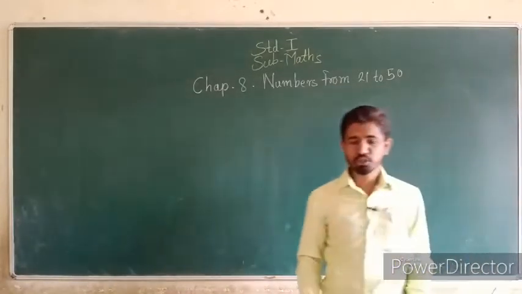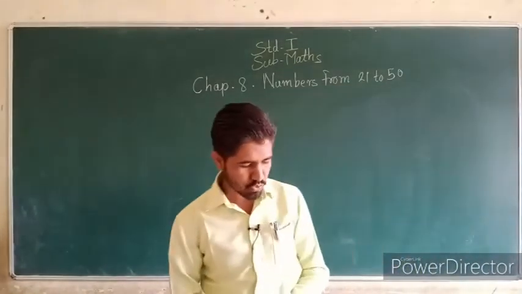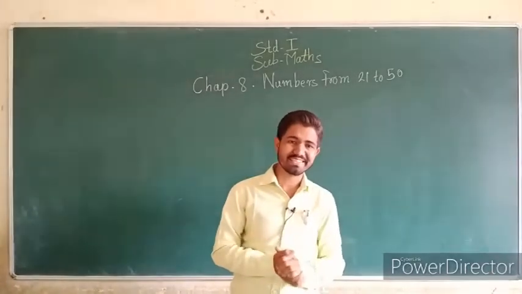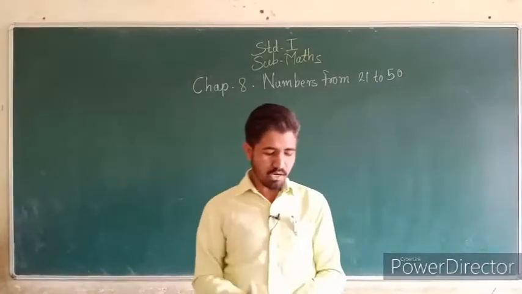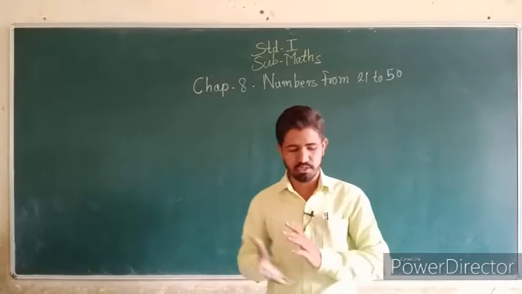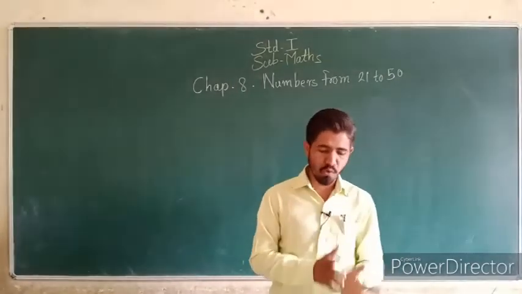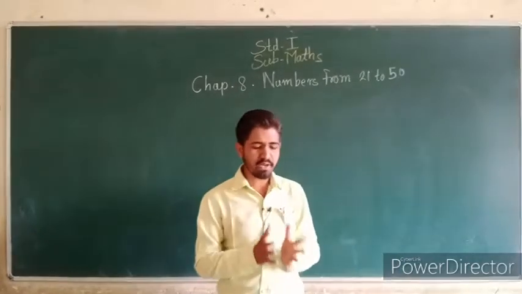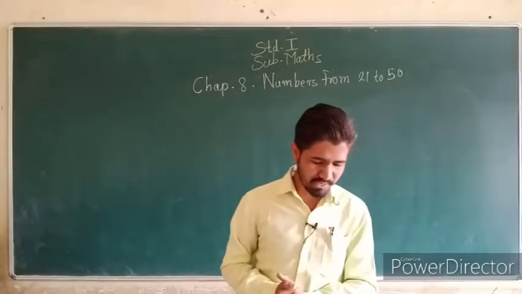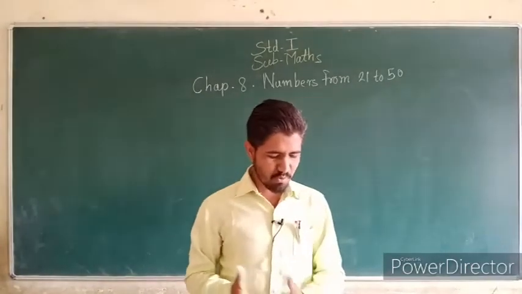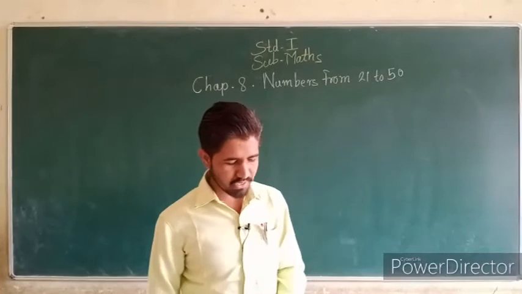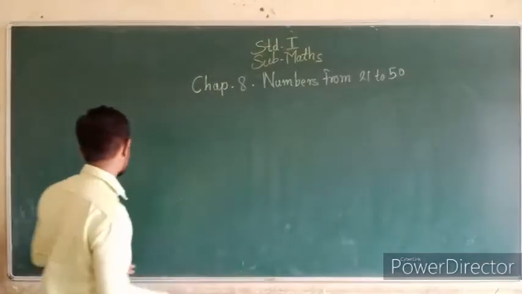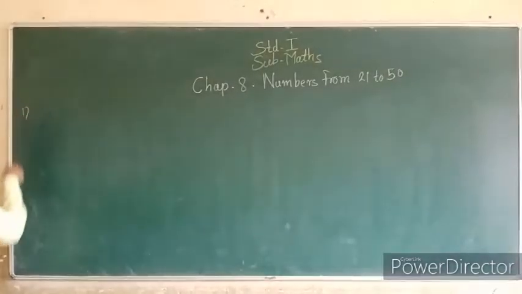हाँ बच्चों, तो नेक्स्ट हमें क्या देखना है? So open your page number 106. In that page number 106, numbers from 21 to 40. So what we have to do here? Fill in the blanks. Fill in the blanks में हमें क्या देखना है? यहाँ पे जो सर्कल्स हैं वहाँ पे किसी को कहाँ पे बंडल दिए, कहाँ पे नहीं दिए. तो बच्चों हमें यहाँ पे देखना है फर्स्ट वन एग्जांपल. तो फर्स्ट वन एग्जांपल में क्या दिया है?